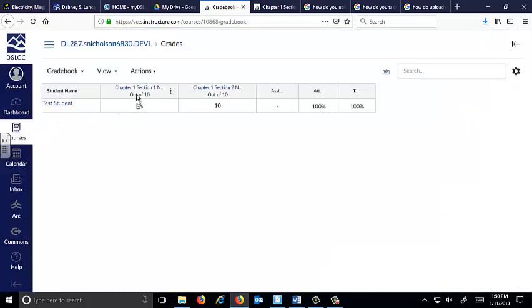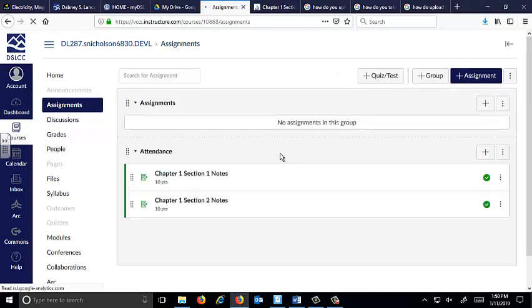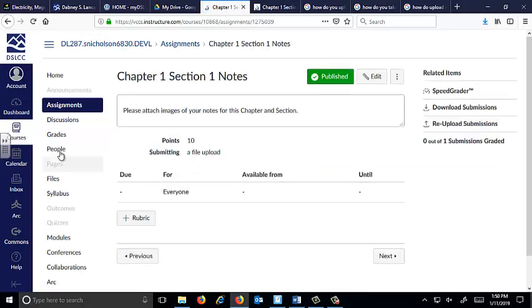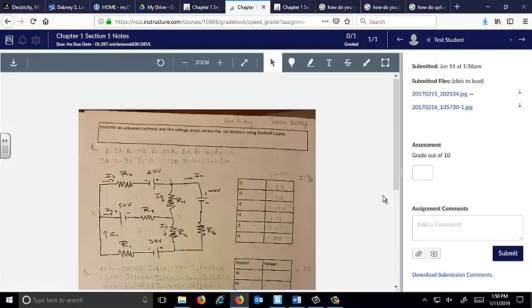You can see I didn't grade this other assignment. So let me go back to my assignments. So here's chapter 1, section 1 notes. Oh, yeah, that's right. SpeedGrader. So here it is. I look it over. So yeah, perfect. 10, submit,